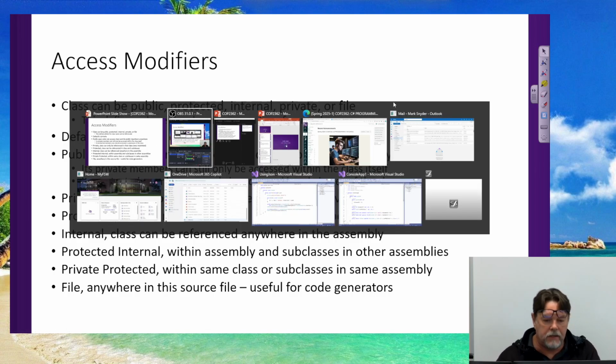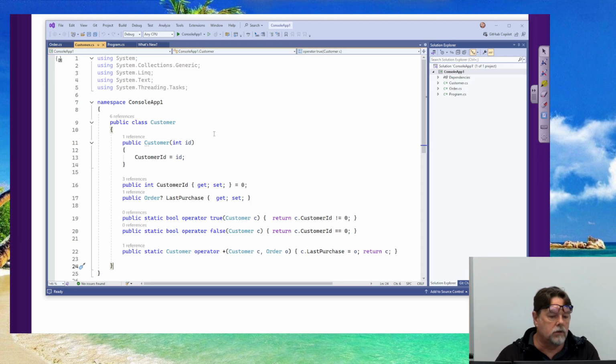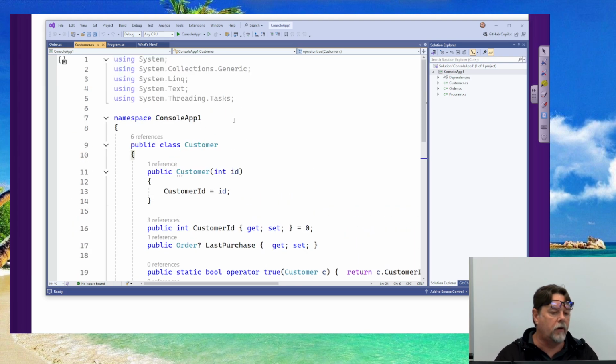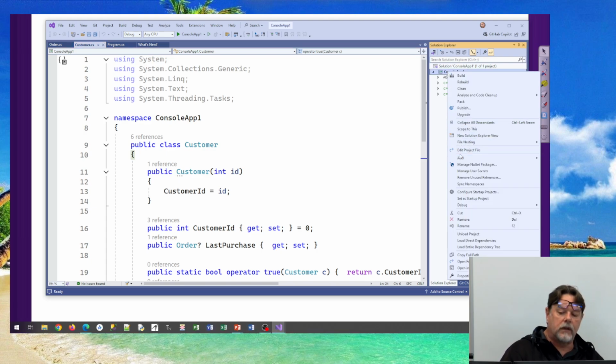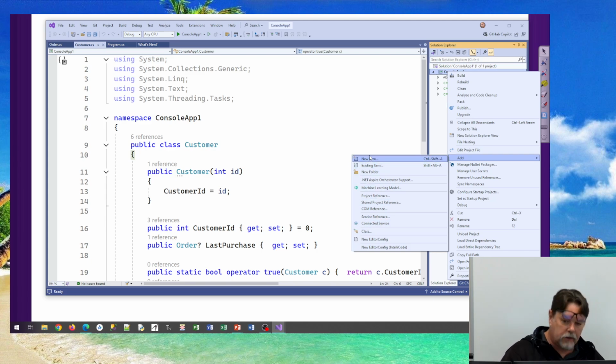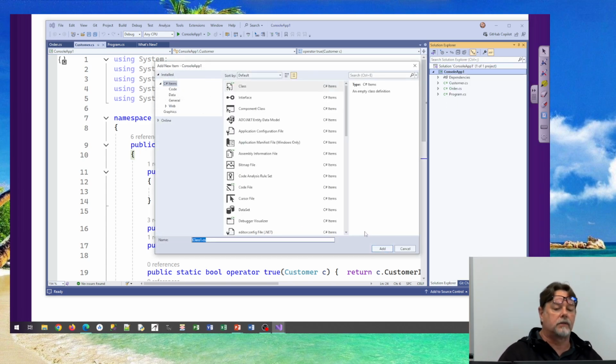Okay, let me see if I can just quickly show an example of a class. So I create a project and create a new file. It's pretty easy in C# to create a new class. You just go to the project that you're in and you right click on it and say add. You can say add new item and pick a class, or you can just say, hey, I want to add a class. And it just asks you what you want the file name to be. So if I wanted to create a dog, I would say dog.cs, and when I say add,